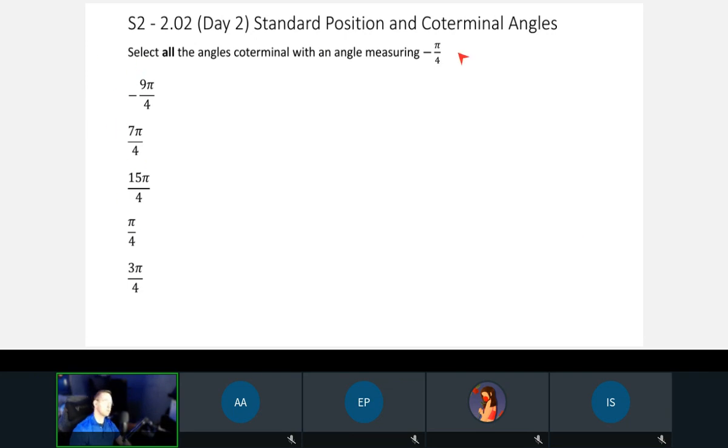Or in other words, tell me this. How do you find coterminal angles? You can add 2 pi or subtract 2 pi. So really it just comes down to typing this in and then doing plus 2 pi. Do we have one of these answers? Yes or no, and then you select it. Add 2 pi again. Do we have an answer? Yes or no, and then you add 2 pi again, and you'll go as high as, looks like 15 pi over 4 is the highest, which is almost 4 pi.